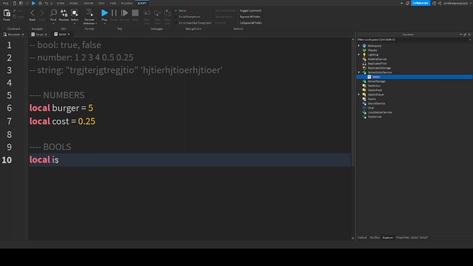If it's just a one-word name, like burger, don't make it uppercase, just like that. Is learning is another word, so I made the first letter uppercase. So local is learning. So am I learning right now? Of course I know this stuff. Are you learning? I'm gonna say true. Yes. Okay, so local